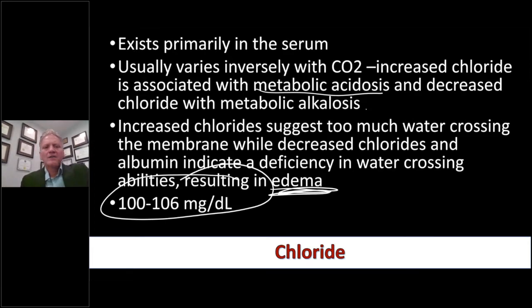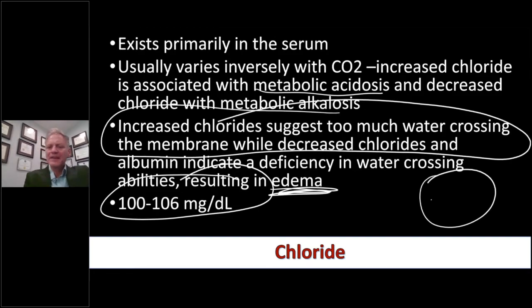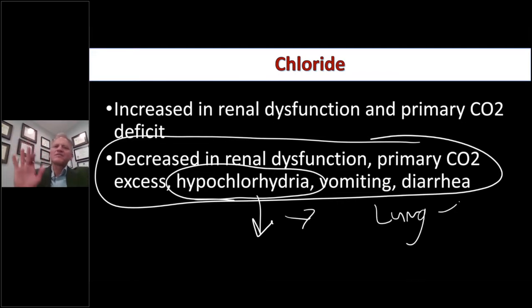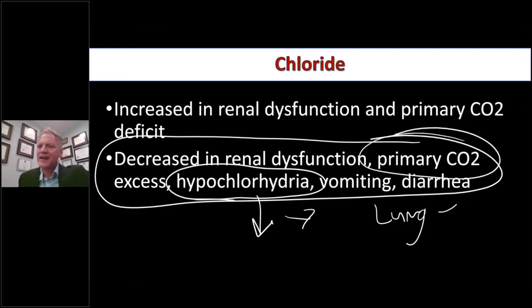Okay, so decrease in renal function, primary carbon dioxide excess. Sometimes, and we'll get to it in just a moment, somebody can have lung problems, and they're just not able to breathe well. So their breathing isn't good, and they can't get rid of the CO2. When they can't get rid of the CO2, it's going to cause the CO2 to rise. When the CO2 rises, this can actually be a reason for lowering